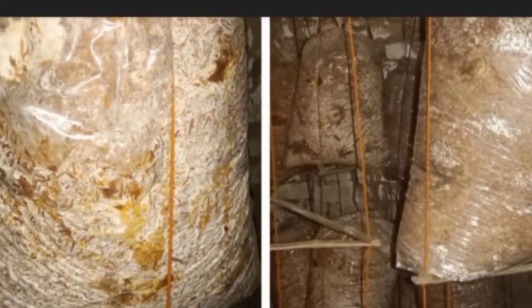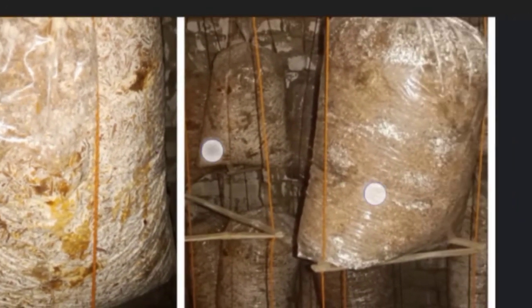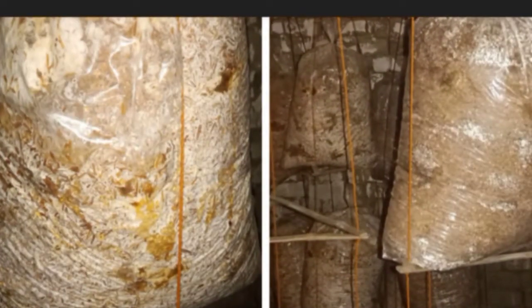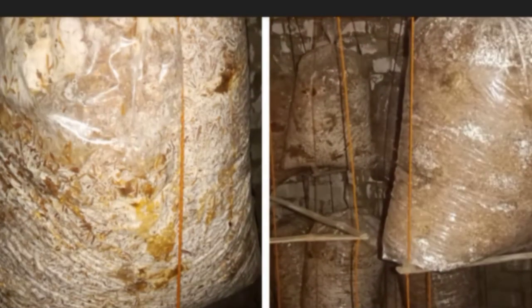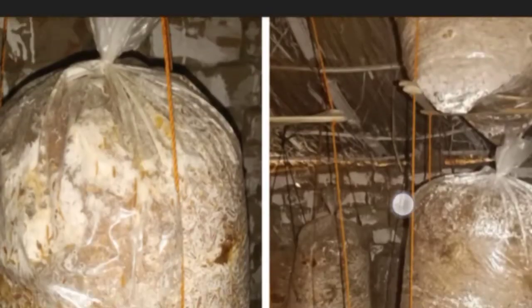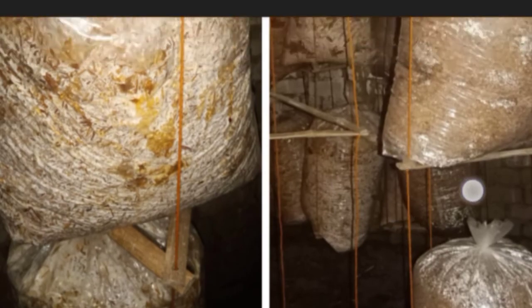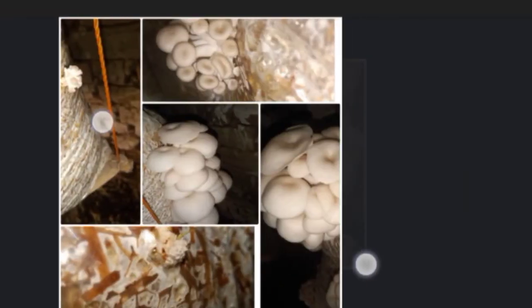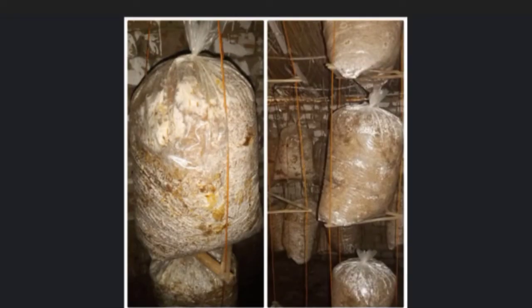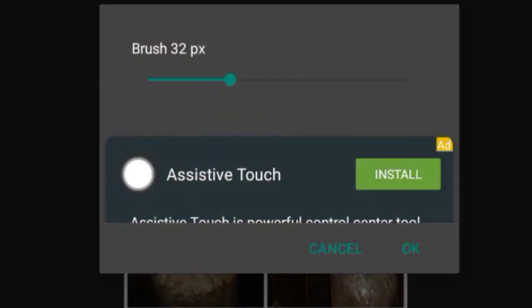After 25 days, in the middle of the month, you are going to see that all the spawn has germinated and distributed all over the polythene, and you will see white mycelial growth all over it. This is a good sign for your mushroom cultivation. This is what I did. I learned these things from our grandfather. It is a skill I learned in the village itself.